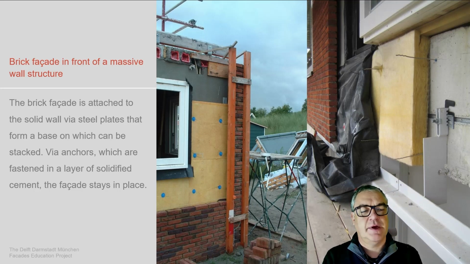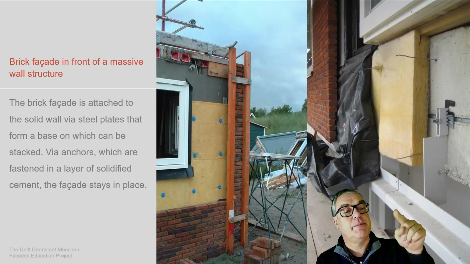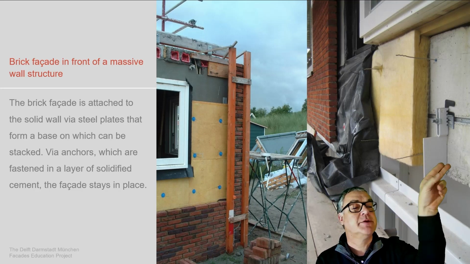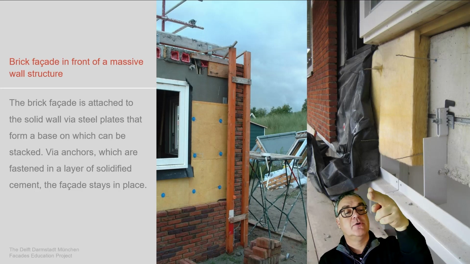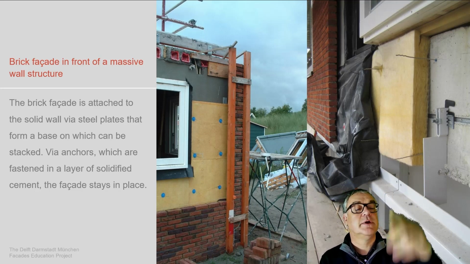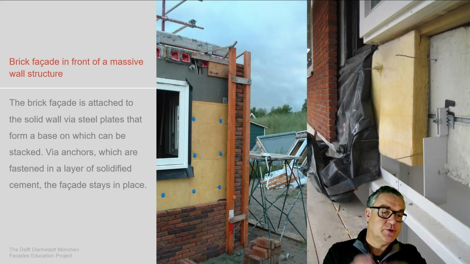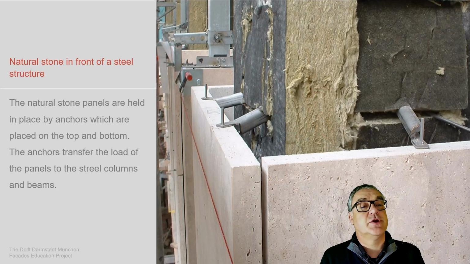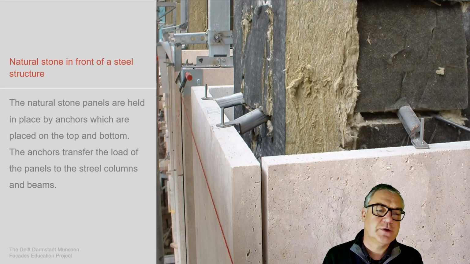This whole thing needs to have a base, and that base, for example, could be done like this with the steel bracket, which is then anchored back to the main structure and takes the loads, which you see on this line, takes the loads of the brick system to put down the dead loads to the main structure.